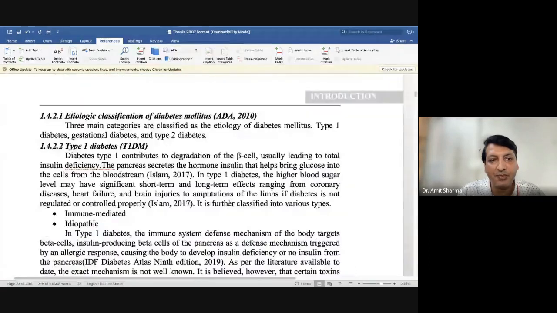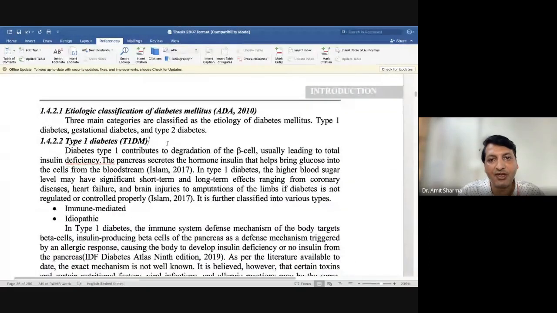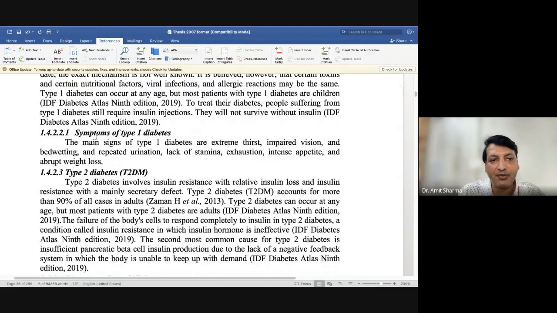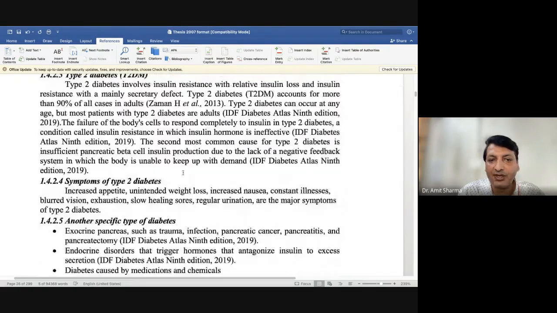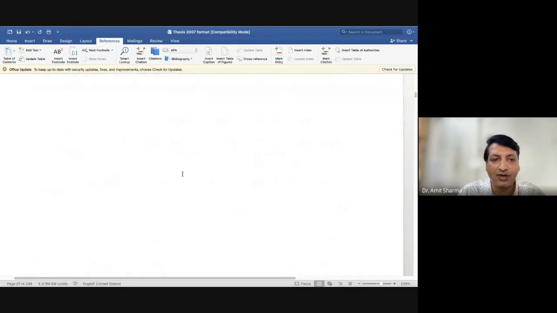So make sure references will be there. For example, I'm working on diabetes, so the classification of diabetes given by ADA has been added. Then as per ADA, diabetes is classified into two types, type 1 and type 2, then symptoms. These are not that important.